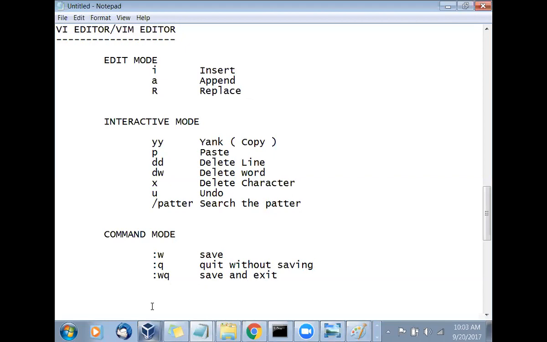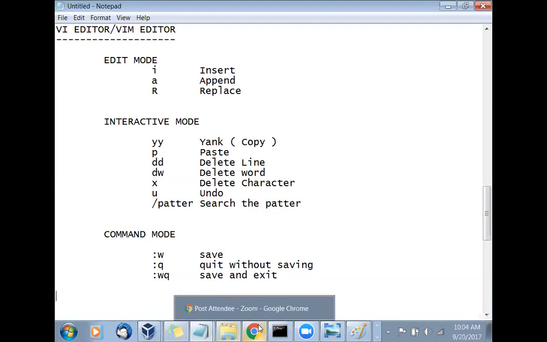So please write this down. It is important so that you can easily work with that. And then we will see the editor there. Now, why do we have to do this? Because we don't have a mouse to click on, or Control S for save and all that stuff, right? We don't have that. So we have to go along with these commands. So done with writing. Ready, steady, go. Let's go and see the practical.